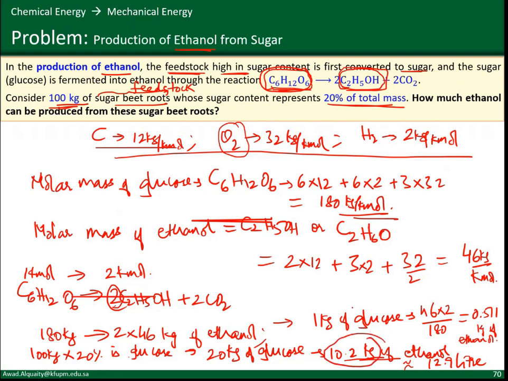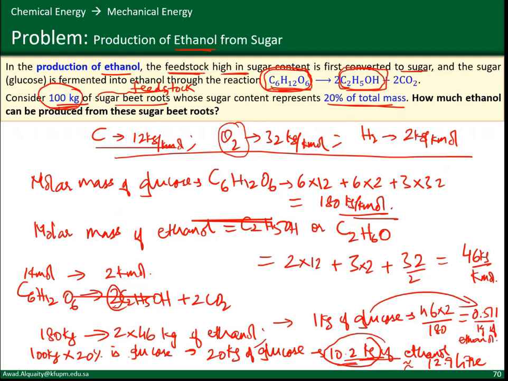So 1 kilogram of glucose will always give you 0.511 kilogram of ethanol, and it does not really matter what your source of glucose is. The source can be sugar cane, sugar beet, or any other source. Where your feedstock matters is how much glucose is within that feedstock. For sugar beetroots, the content was 20% of the total mass,